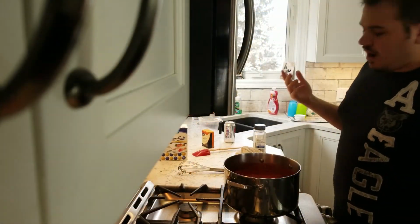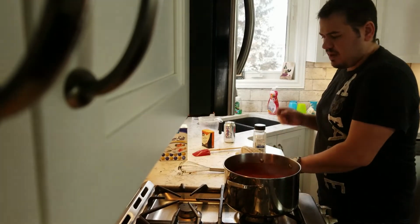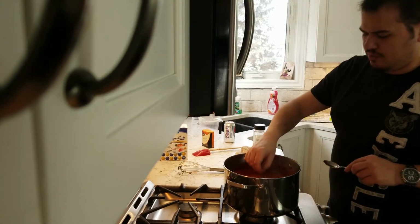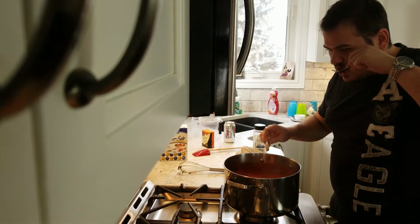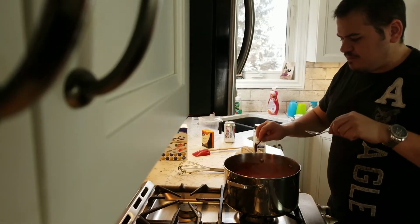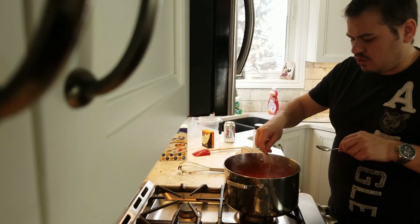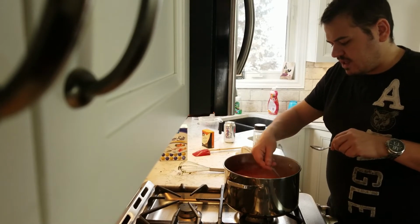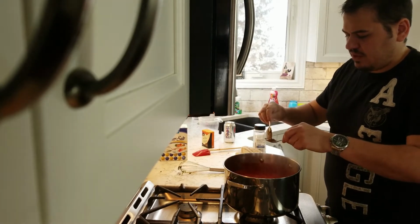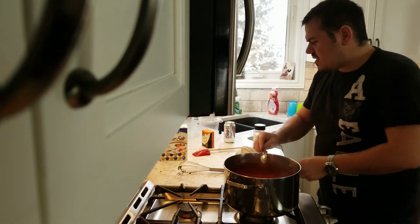Okay everybody, the frying is over. We're going to taste it one more time. I added a little more salt and pepper while I was off camera. It's got a rich flavor for being cooked so quickly, and that's mostly from the Italian sausage. That gives off a lot of flavor. We get a little bit of meat on this spoon. Alright,